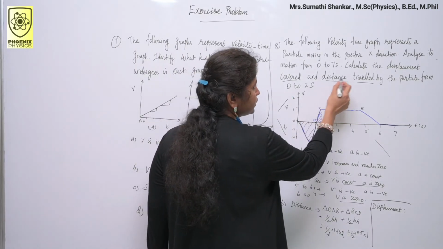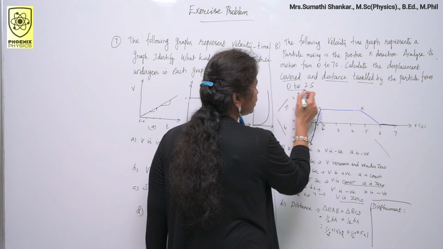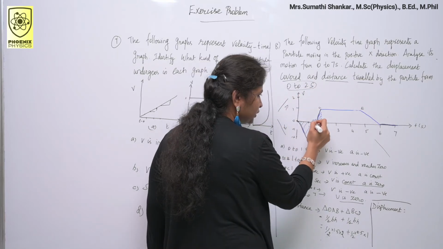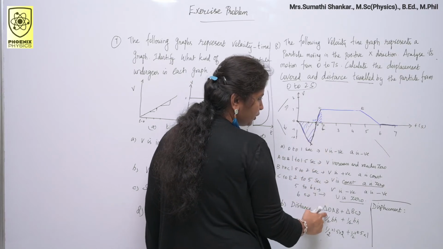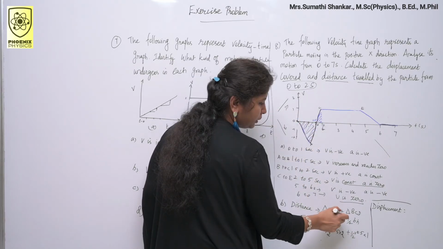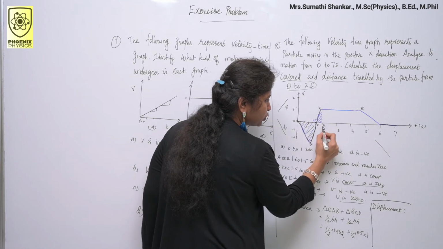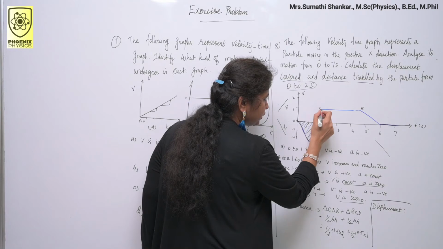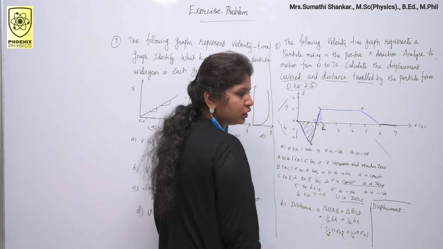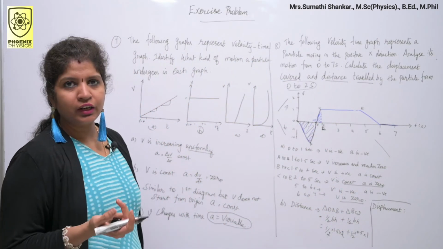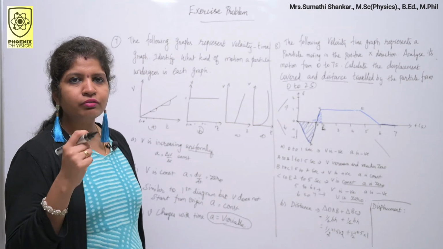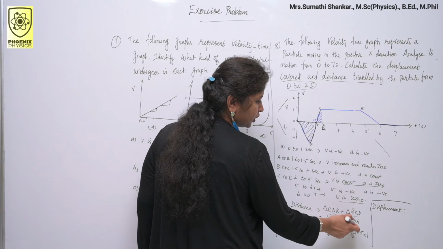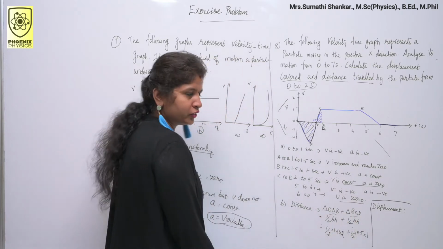We have to find out the distance traveled by the particle from 0 to 2 second. This is my 0 second and this is my 2 second. Graph is like an inverted triangle. You know the triangle formula. You just name the triangle OAB plus, here also this is my 2 second. So here I have one small triangle. You name it as BCD. Triangle BCD. How do you find out the area of the triangle? You know the formula, half BH. So for this triangle, area formula is half BH.